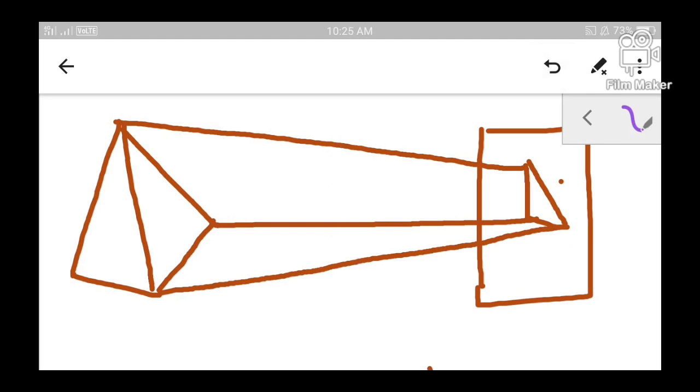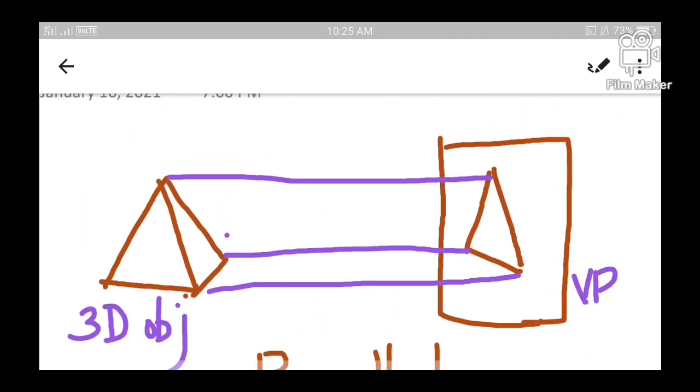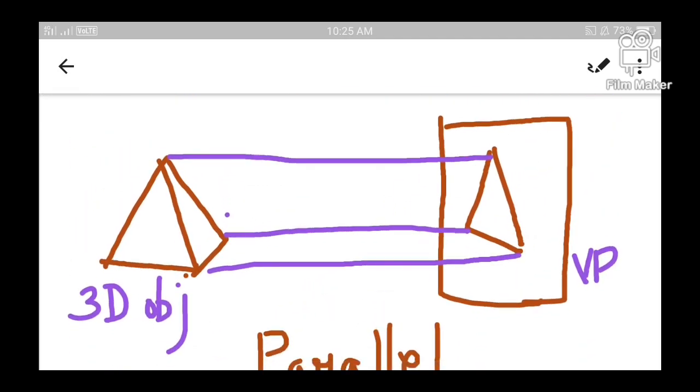So after mapping, if the projection lines are not parallel to each other, such a projection is termed as perspective projection. So in the earlier case, we assumed that these lines, which are actually the projection lines, are parallel to each other. There is no size difference between the actual object and the projected image.